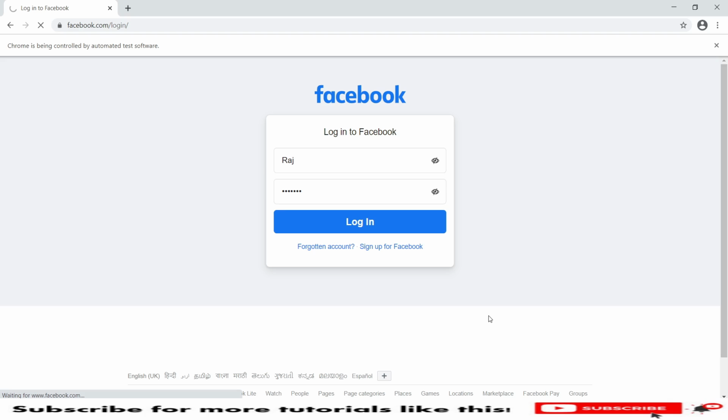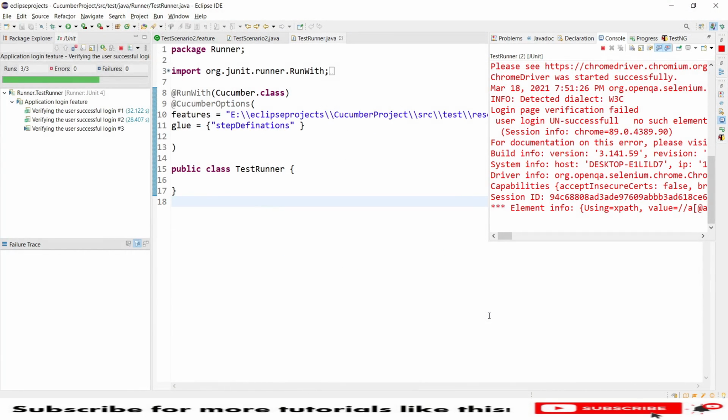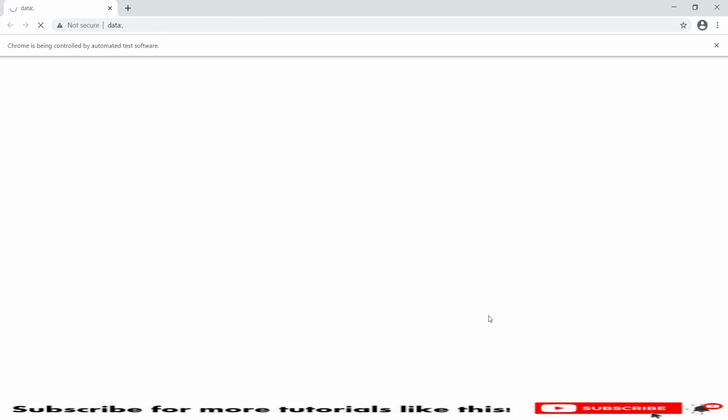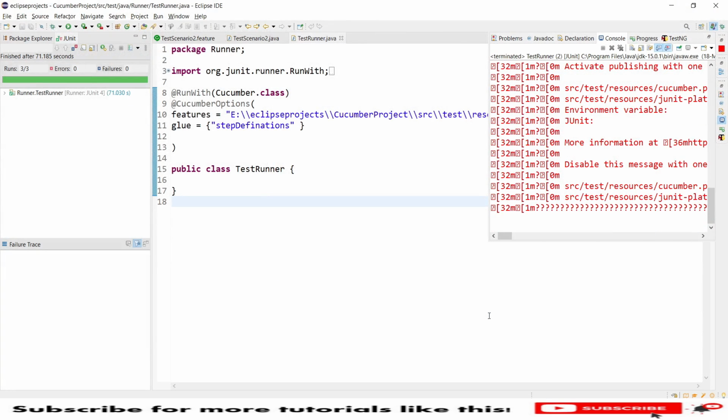This is the second instance. It is trying the second user login. All these users are test users, so I'm not using an accurate user here. You can use your own credentials and trigger the login. For demo purposes, I'm using invalid users to log in, so we are not seeing the successful login case. All this execution is now done.